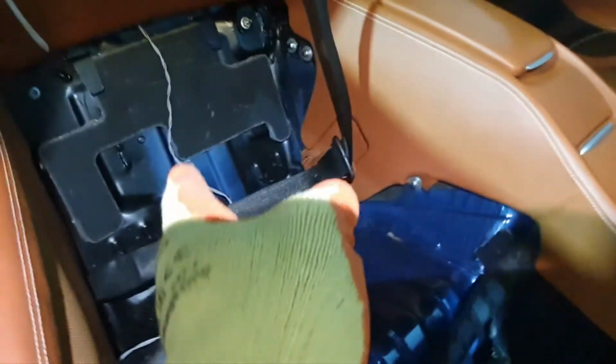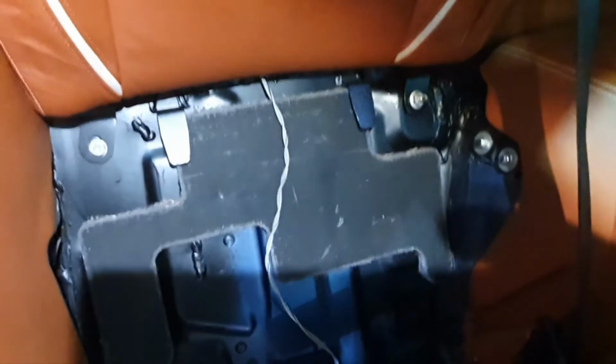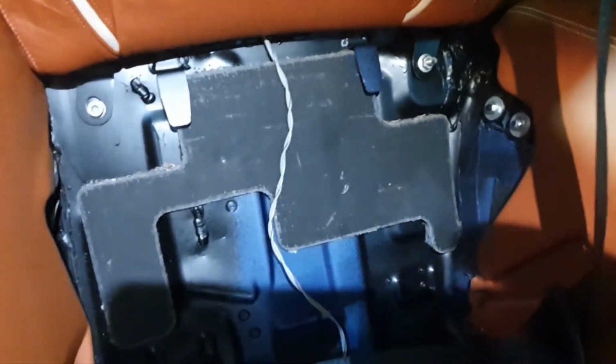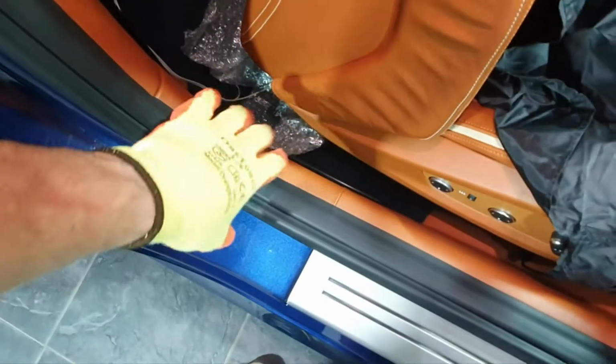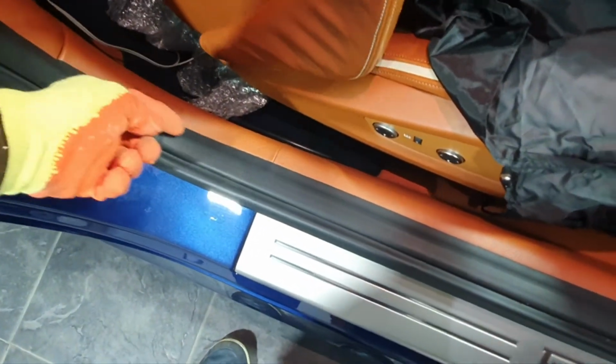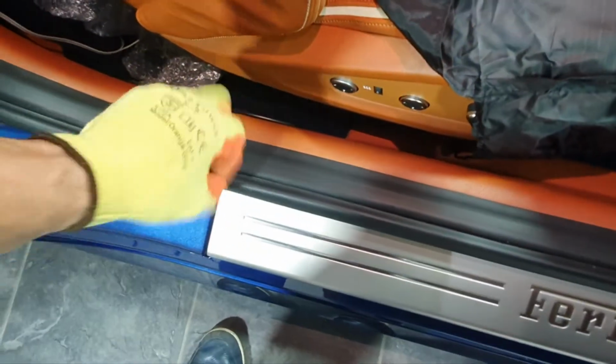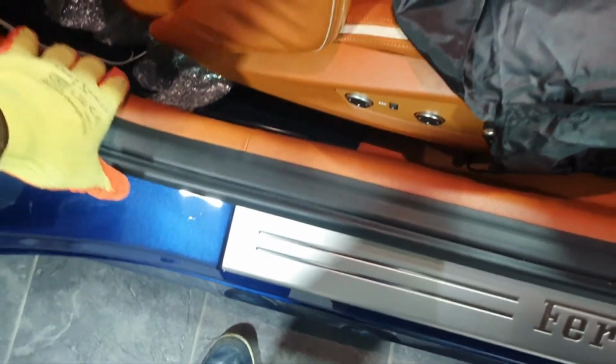And then the lower back section, you can see the hooks there at the top. It just pulls down and out. There are no fixings for that. So I'm going to find a suitable place to wrap that cable. I will probably pull this up and tuck the cable inside. There's quite a large cavity inside there, so when you pull this out the way, you can get it right in there. Then going to the front of the car,